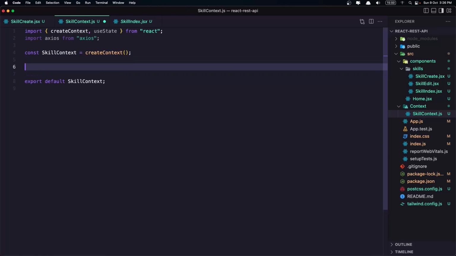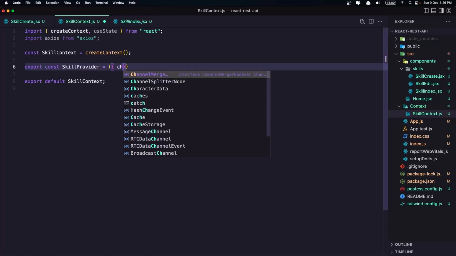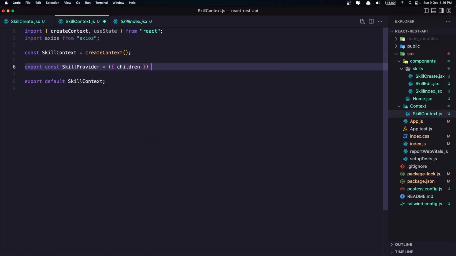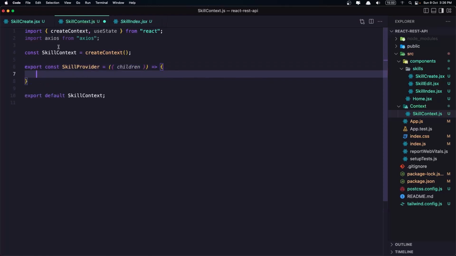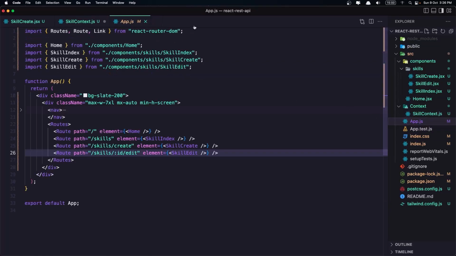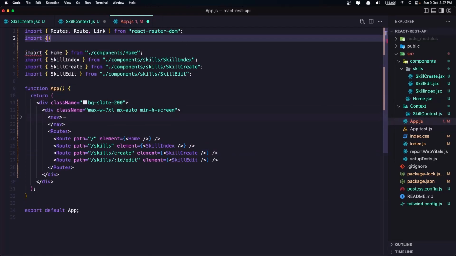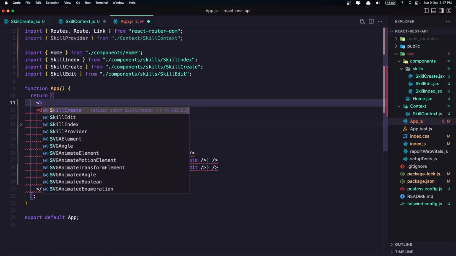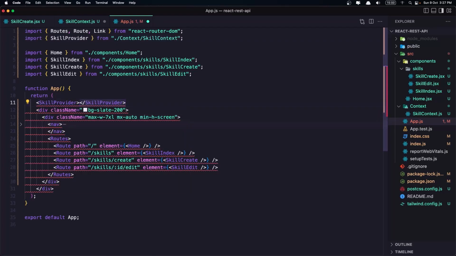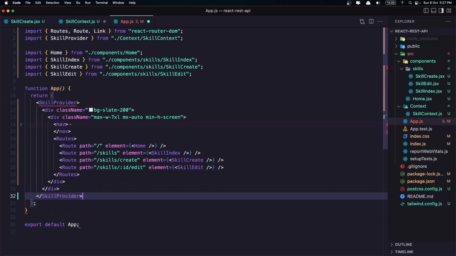Okay, now I'm going to create the provider, and I'm going to export const, and name it SkillProvider, and we need to add the props children here, or let's destructure because we need only the children here. And let's make the logic with the provider. Now let's go inside the app.js, import that provider here. So import the SkillProvider, and I'm going to wrap everything with the SkillProvider. So let's cut that and paste it down there. Save, close, and if I refresh, go to the console,